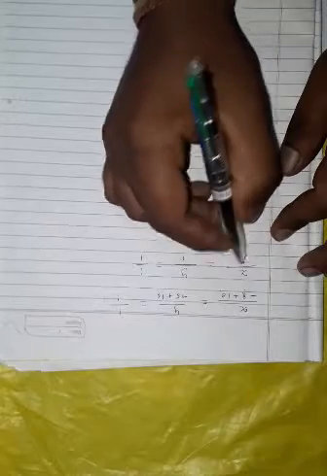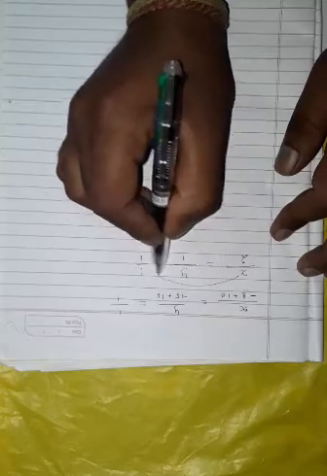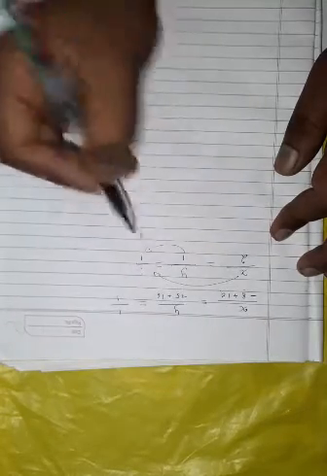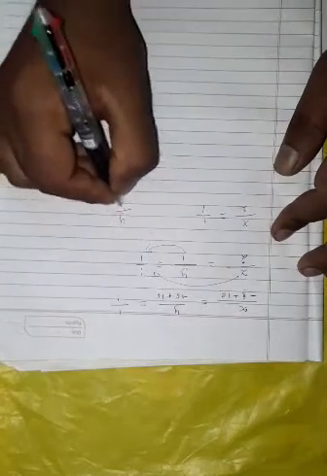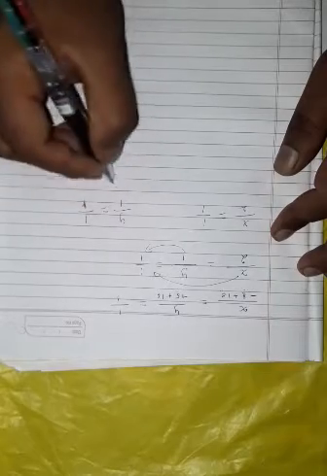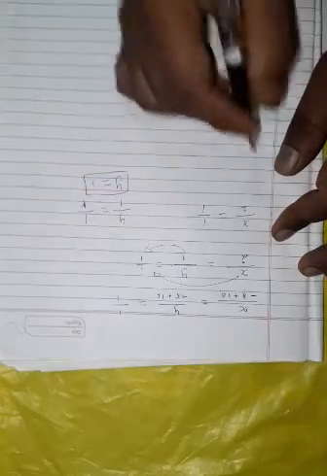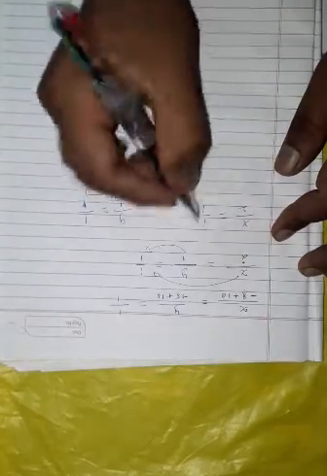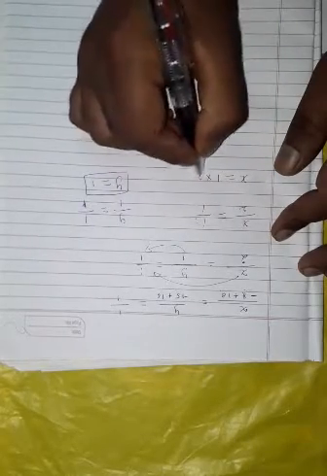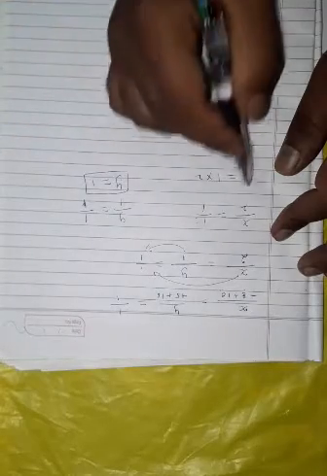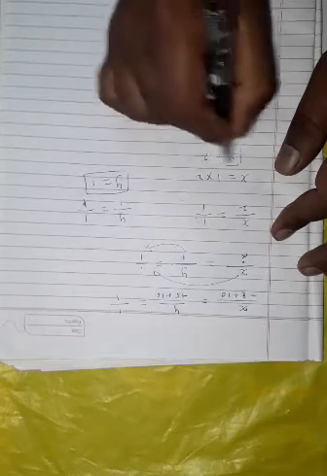Now the x portion and the y and constant portions are compared. So x by 2 is equal to 1 by 1, and y by 1 is equal to 1 by 1. y by 1 is y, and 1 by 1 is 1. So y equals 1. And x by 2 equals 1, so that 2 can be transposed to the other side. Division goes into multiplication. x equals 1 into 2, because 1 by 1 is 1 only. So x equals 2. So now we got the solution.